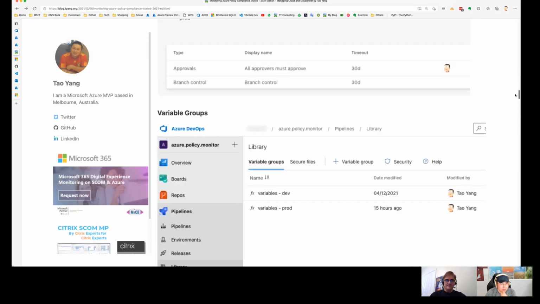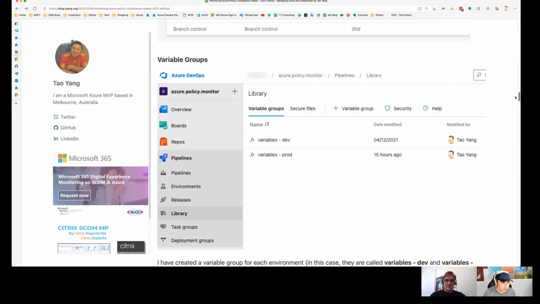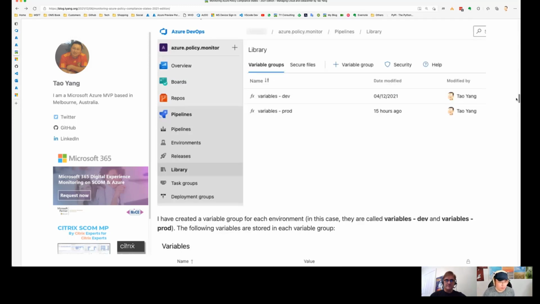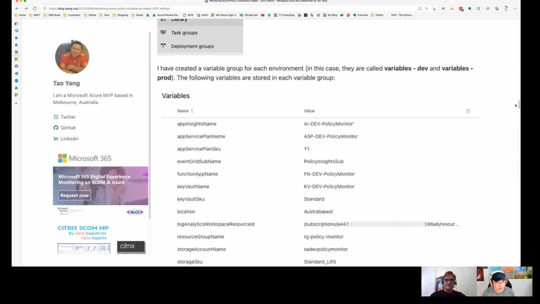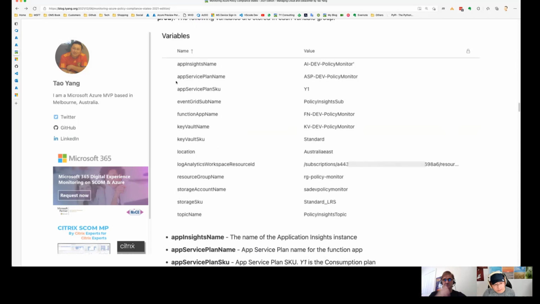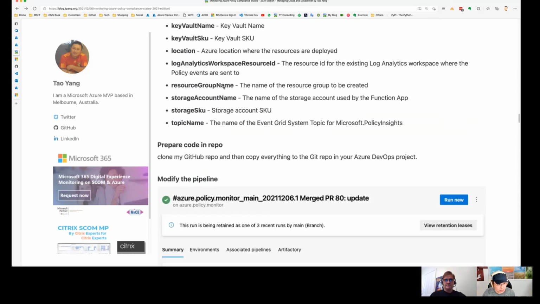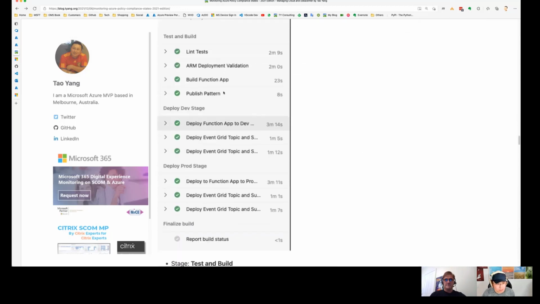The only thing I want to mention is that I developed this using Azure DevOps. If you want to use it, clone my repo and create a project in Azure DevOps. Copy the code in there, and then set up all the supporting stuff for the pipeline, like all the variables you need to create and all the service connections. But that's all documented in